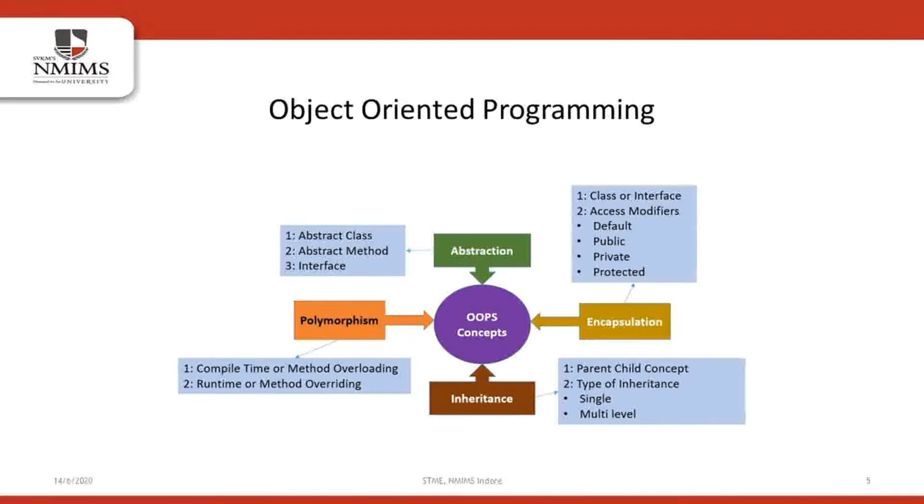Now coming to inheritance. Inheritance is the mechanism in Java by which one class is allowed to inherit the features of an already pre-existing class. For example, let's say a mobile company A came out in 2000 and a mobile company B came out in 2001. So that mobile company B will take the basic features of mobile company A and add on new features. For example, it takes the basic features like calling, sending message, receiving message from mobile company A, and it will add on its new features. So that is known as inheritance.